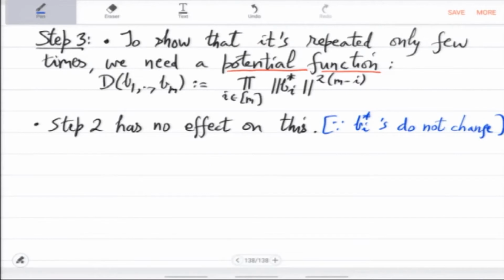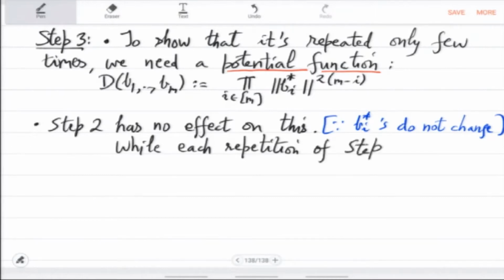So step 2 has no effect on this, while each step 3 repetition of step 3 swap reduces D by a factor of,